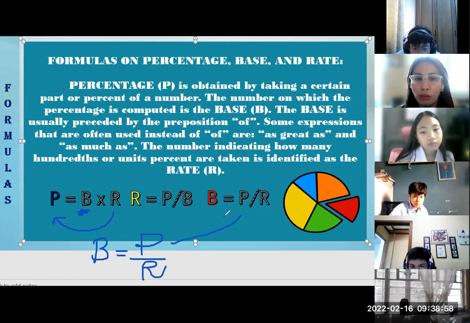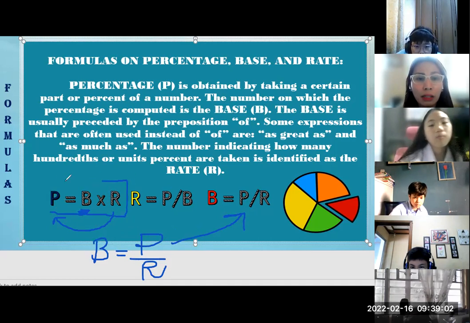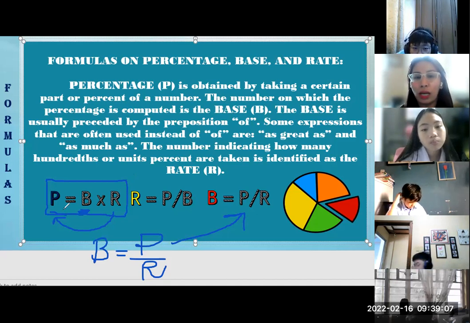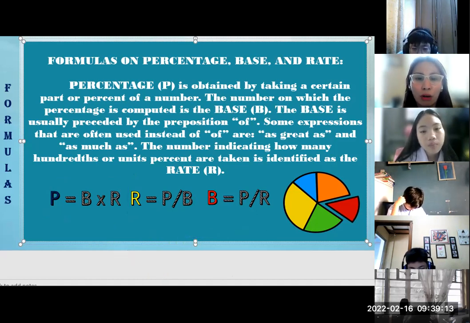So ito din. So ito yung pinaka root ng lahat ng formulas na ito. Okay, so kahit isa lang dyan, P is equals to BR, ang i-memorize nyo, ayan, you will never go wrong